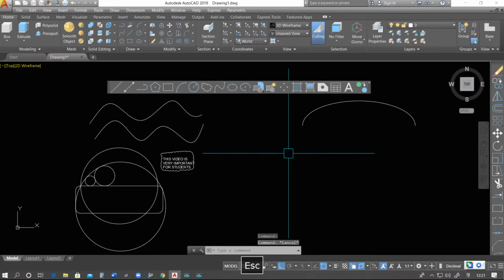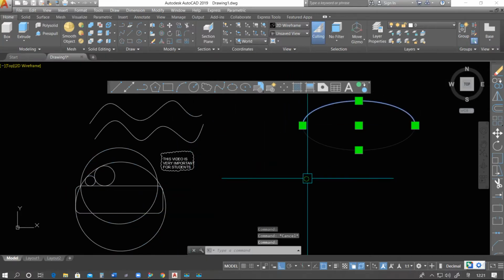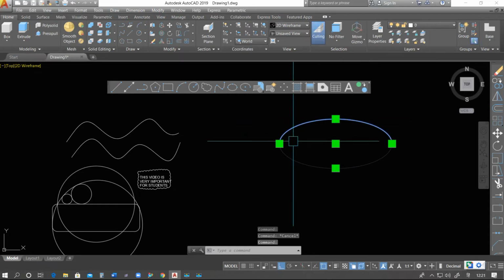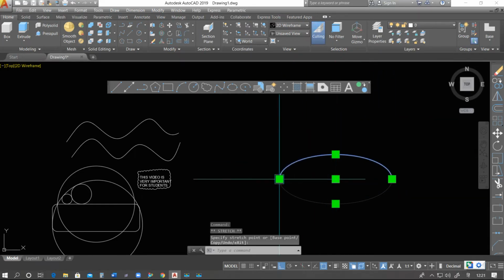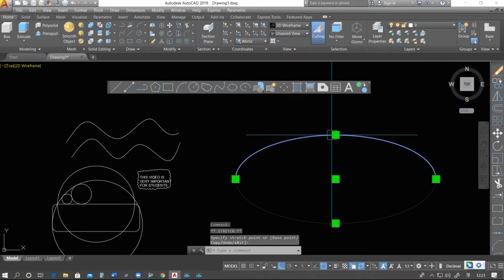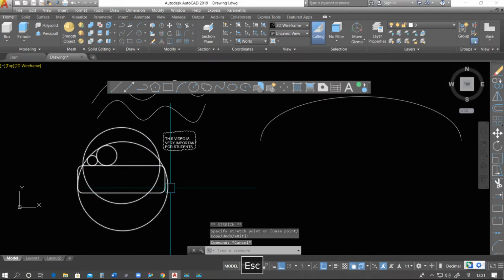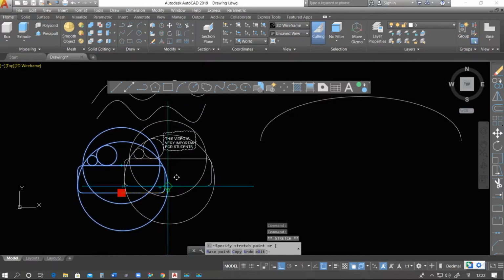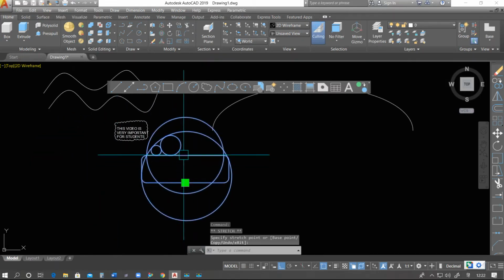Now I'm selecting, suppose this elliptical arc, we have that much grip. According to that grip we can control. See, you can control, but here we can only move, we cannot make change in this one.